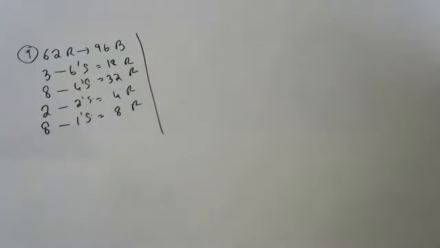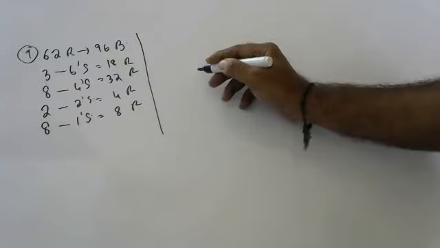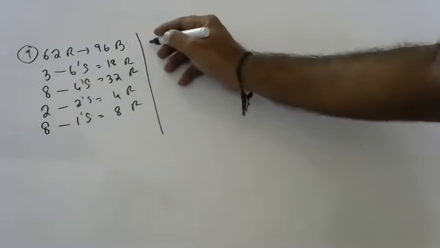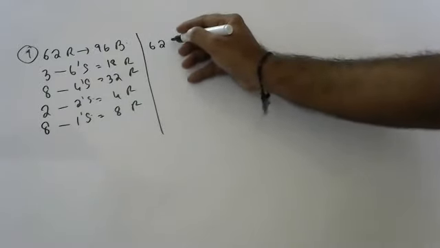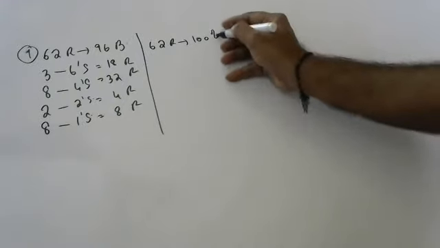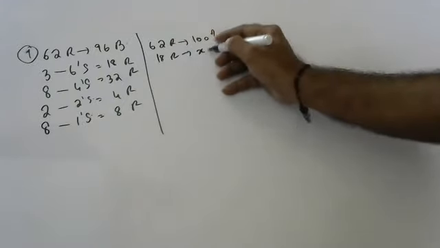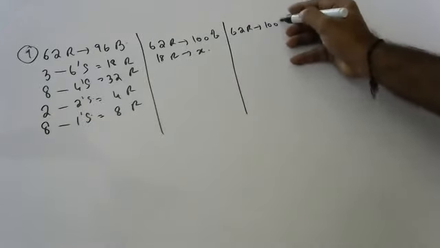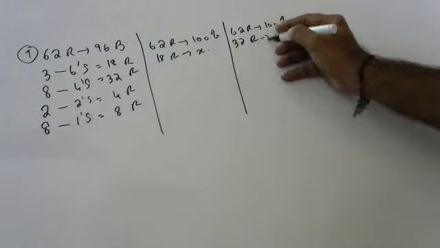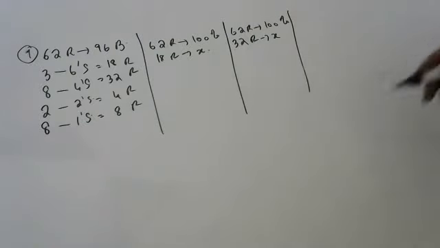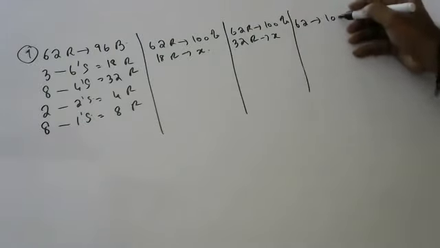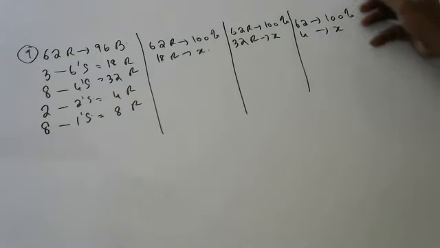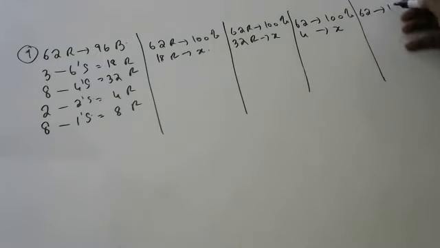Now he's asking what the individual percentages of sixes, fours, twos, and singles are. If 62 runs is 100%, 18 runs is X%. Then if 62 runs is 100%, 32 runs is X%. Next, 62 is 100%, then 4 is X%. All of you keep doing. For the last one we can just subtract, or say 8 runs is how much?